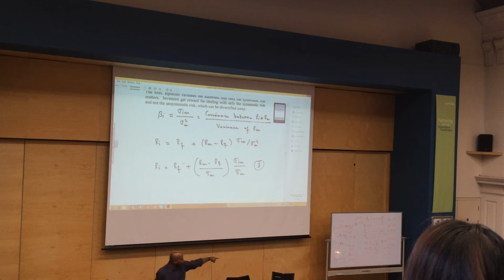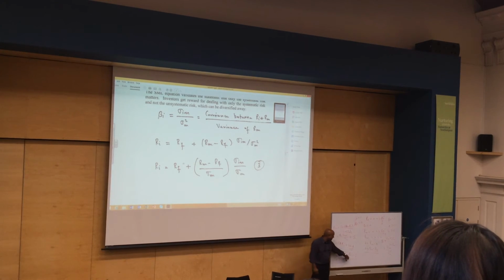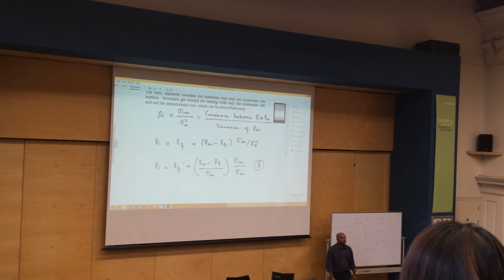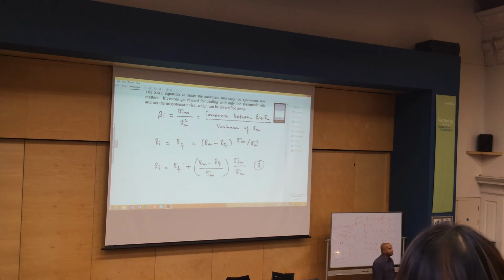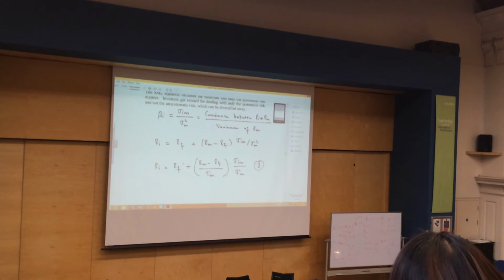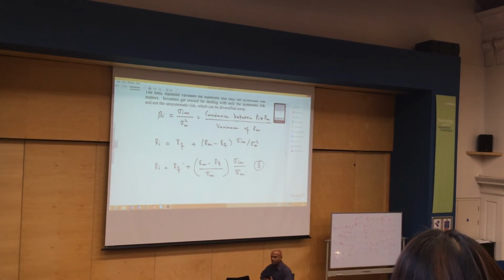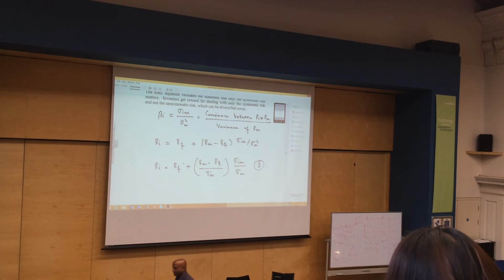What can you tell me about those three numbers? Very quickly. You got it? Beta of A is 1.5, beta of B is 0.5, and market beta is 1. How would you describe this? If I give you this in a short question, can you describe what's going on here? What does that mean?